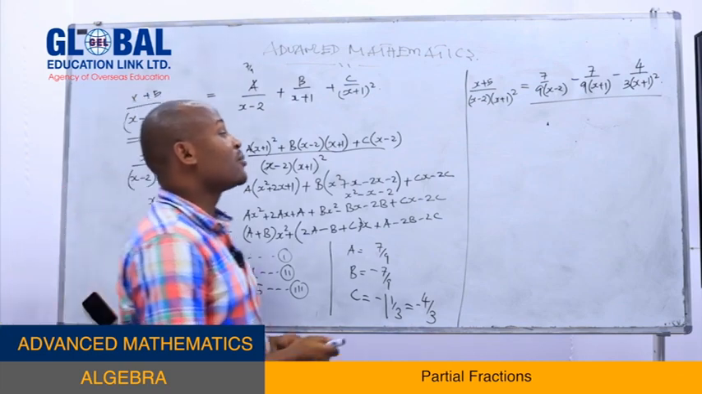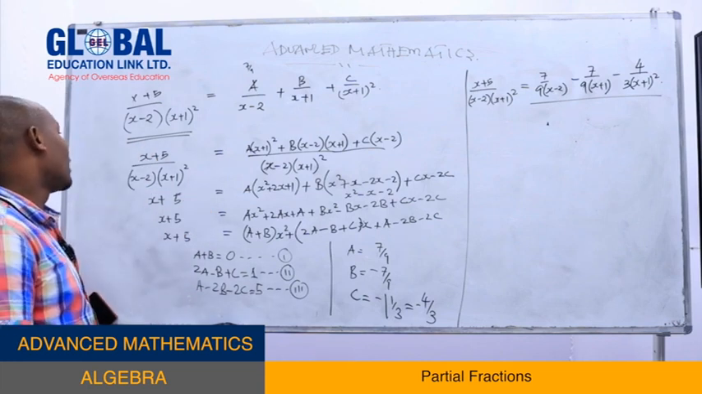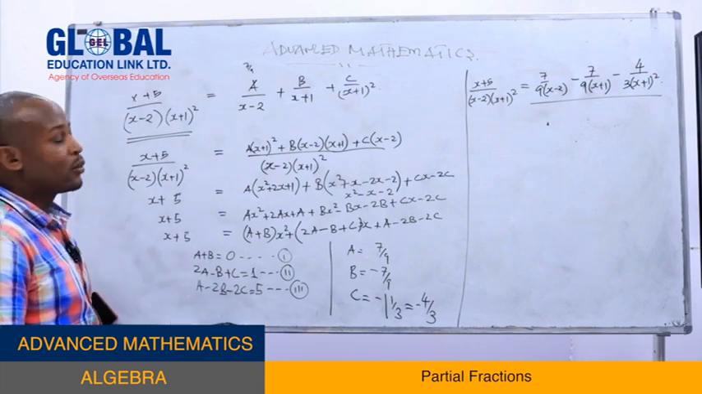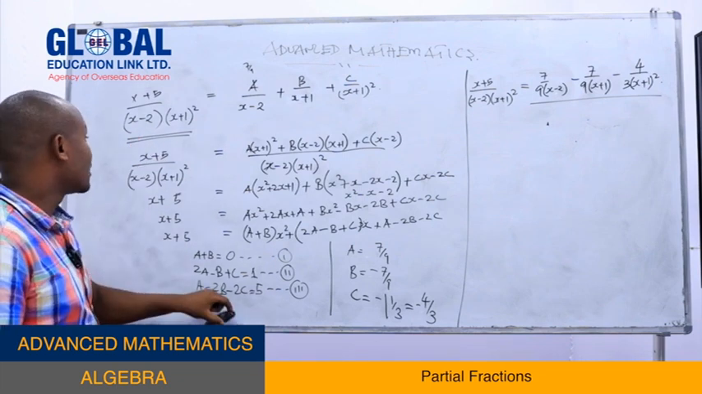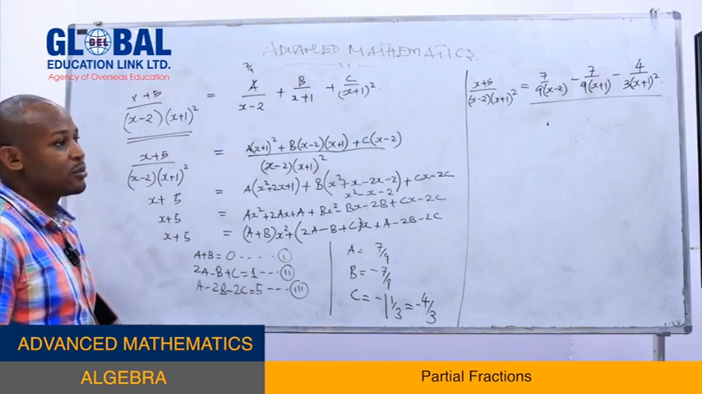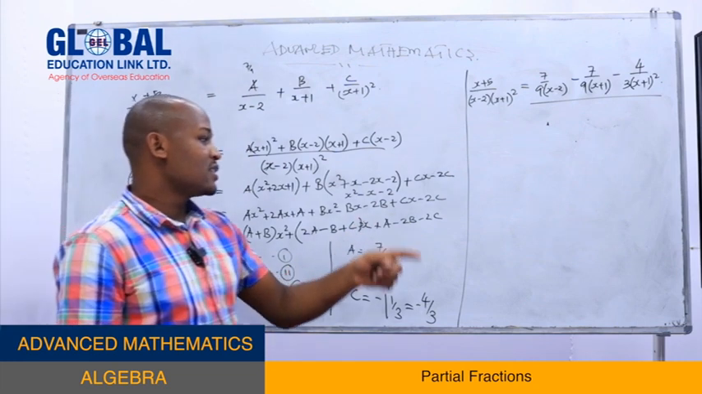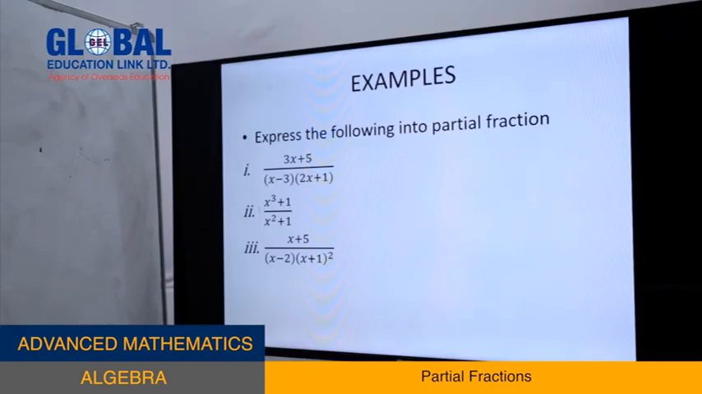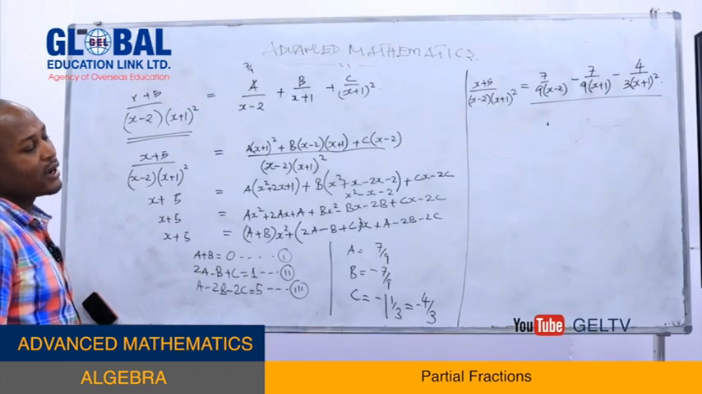So this is how we partialize a function with repeating roots. That's how we partialize the function with repeating roots. Okay, you shall try the second one, but before you try that, I will solve one from this side for you,